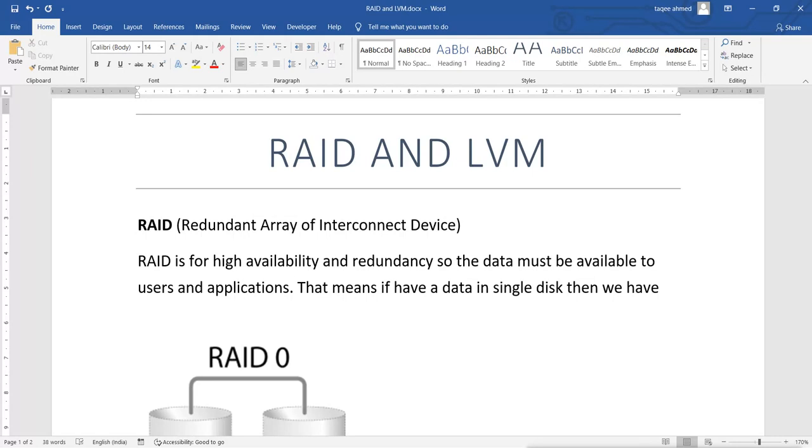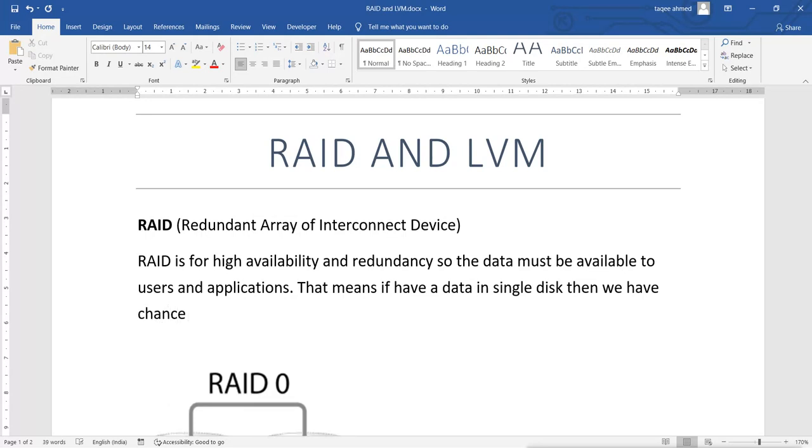We can say a high chance, or very much possibility, that we lose the data if that single disk is corrupted.